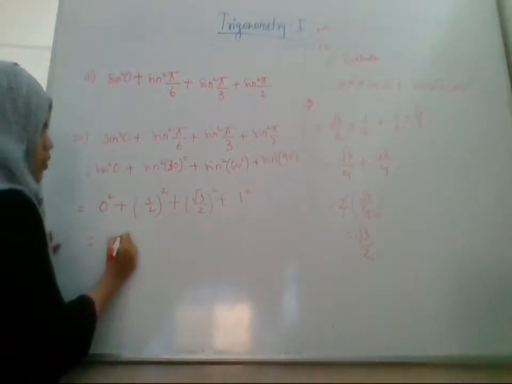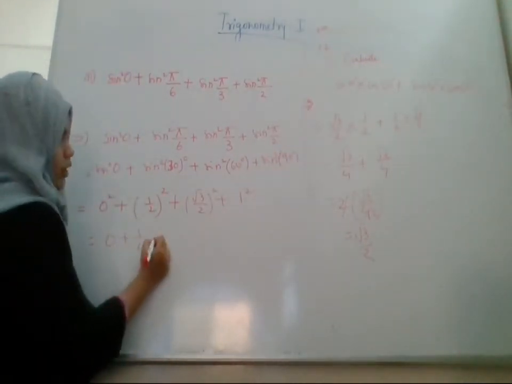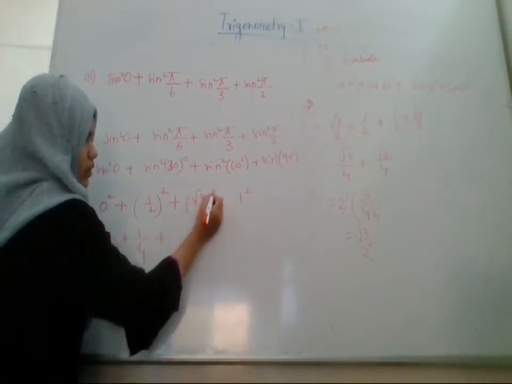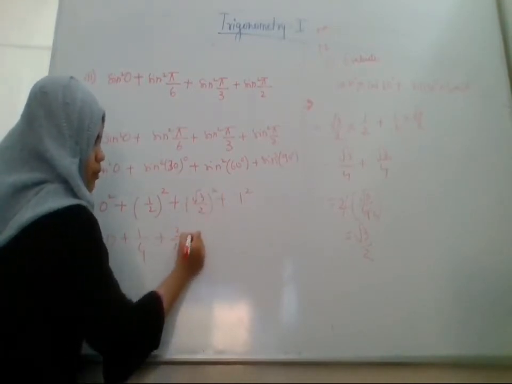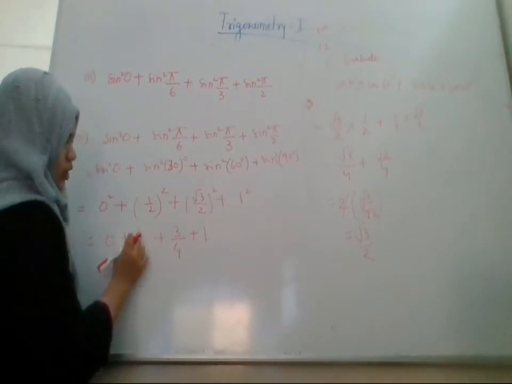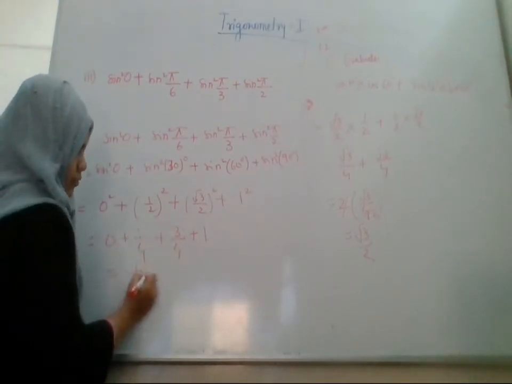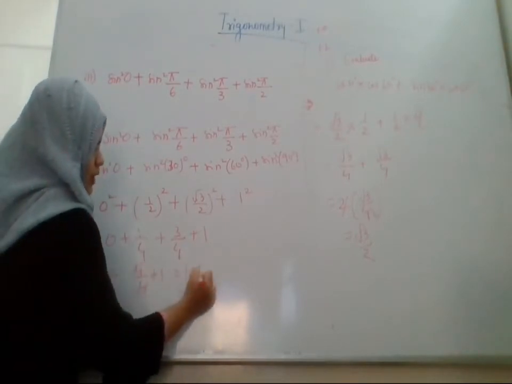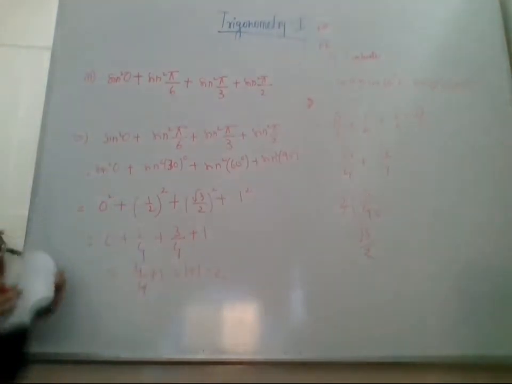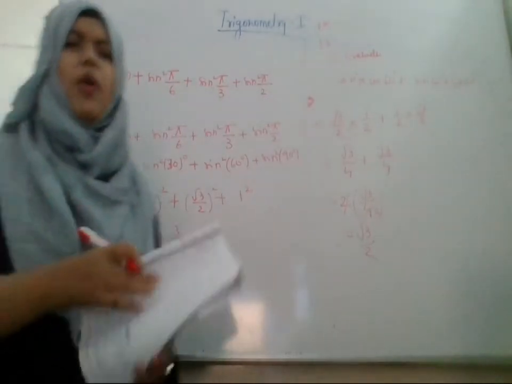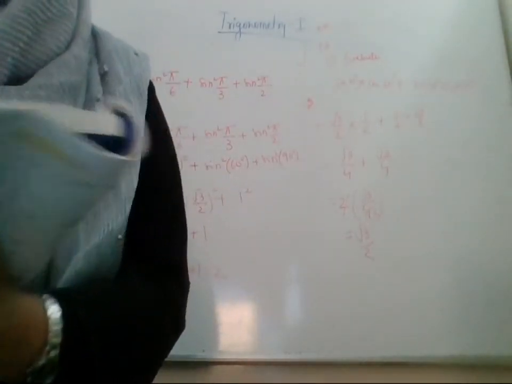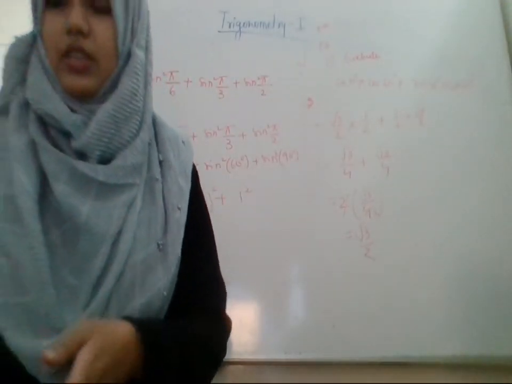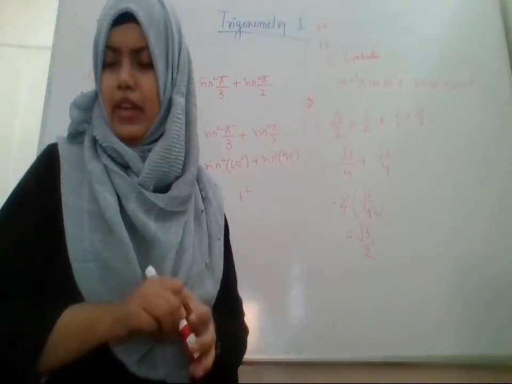So this is 0 plus 1 upon 4 plus, see, root 3 square means 3 upon 4, plus 1. Okay. So here 1 upon 4 and 3 upon 4 means 4 upon 4, plus 1. So it is 1 plus 1, the answer is equal to 2. Okay, so these are very simple problems, which can come for 2 marks or for 1 mark. These are very simple types of problems.